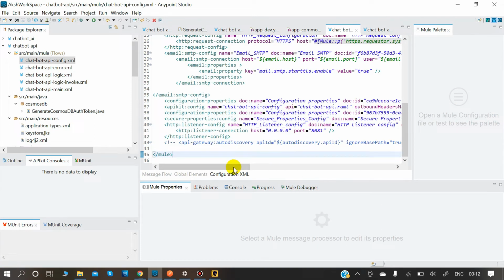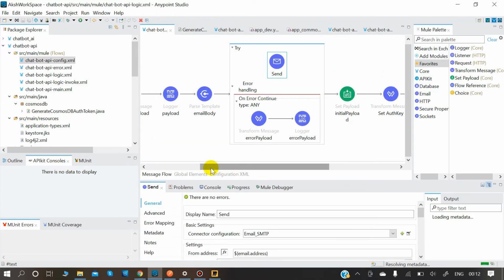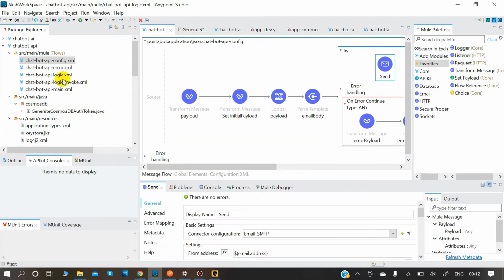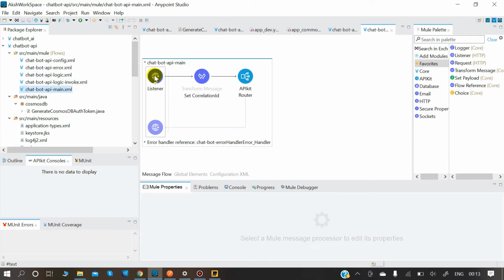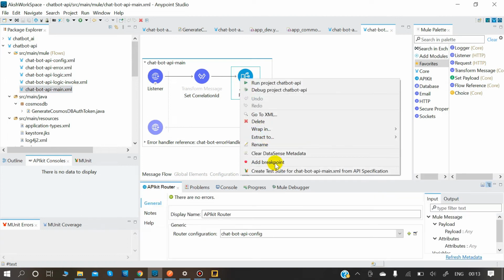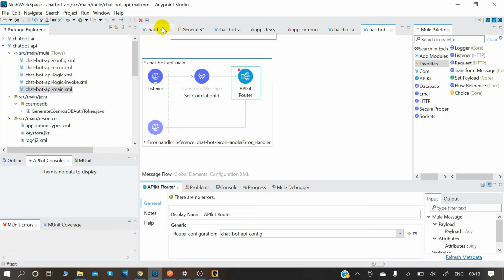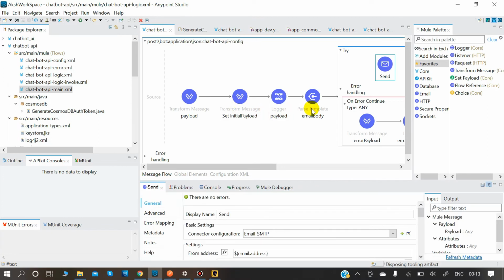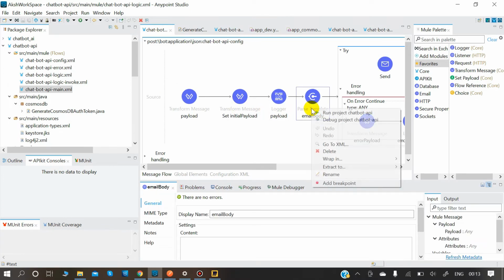We would save this. Now we are going to test our bot from the start. So coming from main listener, let me keep breakpoints here so that you all will come to know how these things are going.